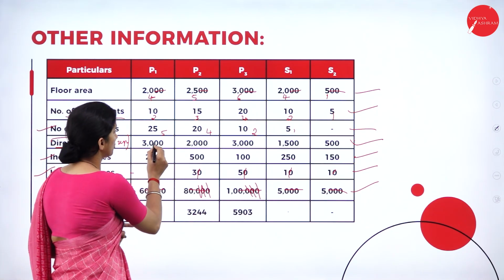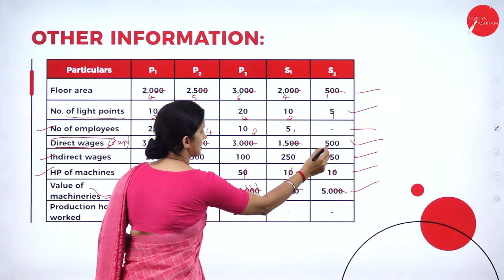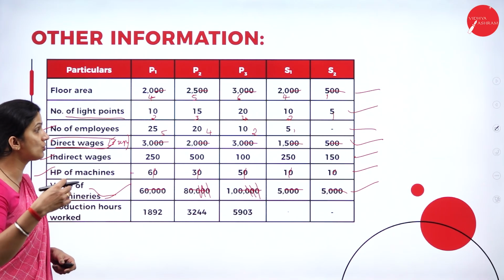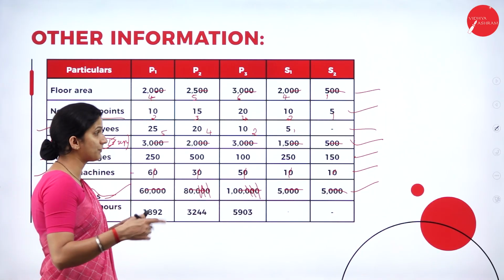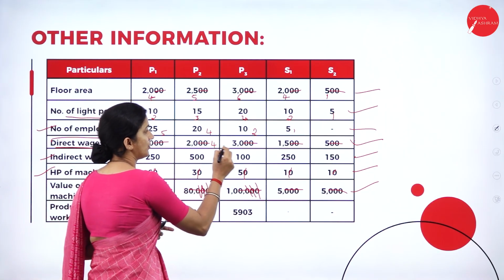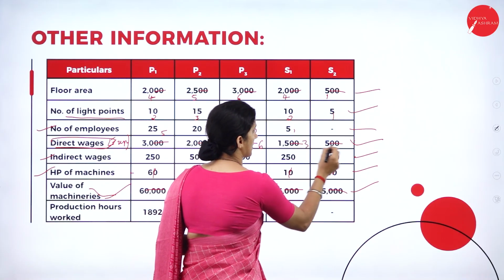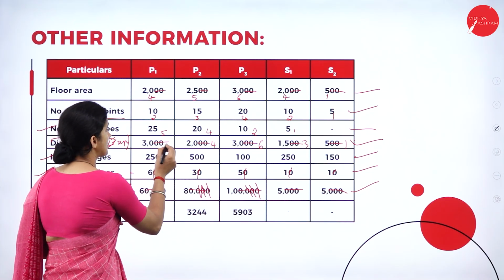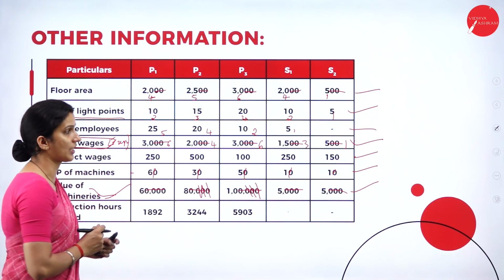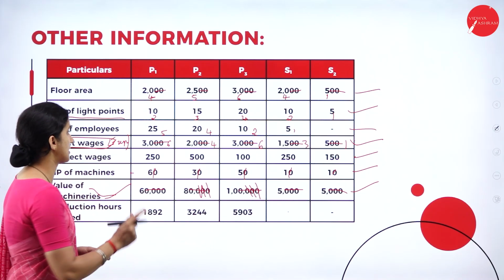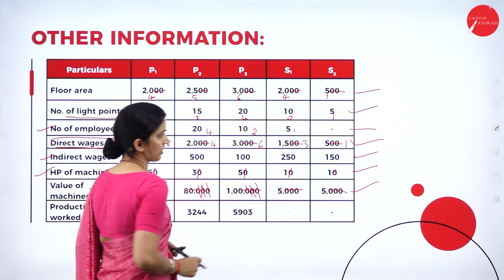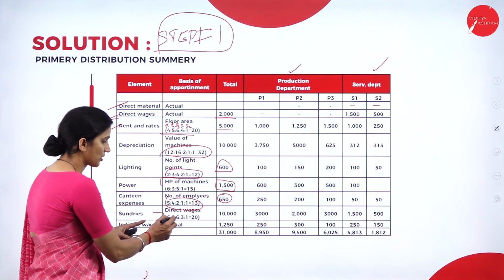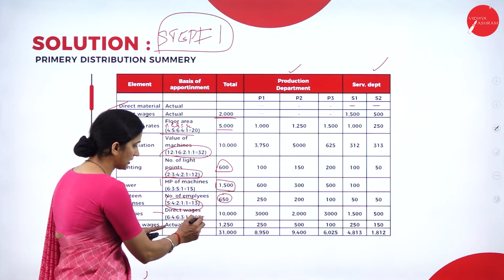If we cancel the 2 zeros from all the departments, your simplified ratio will be 20:30:15:5. That means we can simplify: 5 4s are, 5 6s are, 5 3s are, and 5 1s are. So this ratio we can take as the simplified ratio, that is 6:4:6:3:1. That ratio we will take here, 6:4:6:3:1. The total is 20.